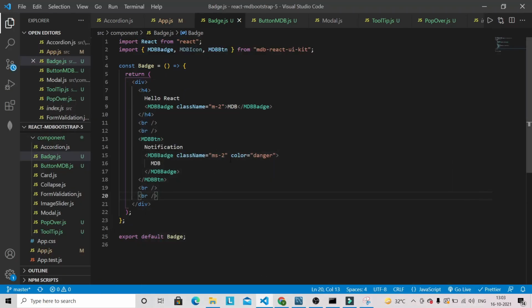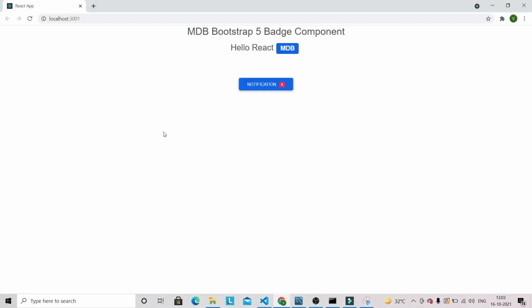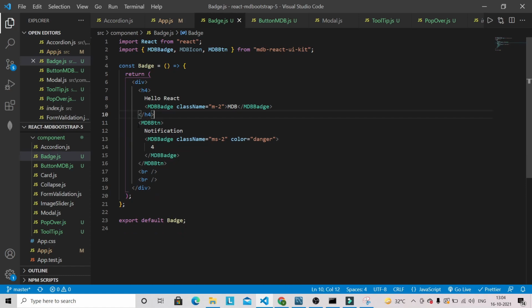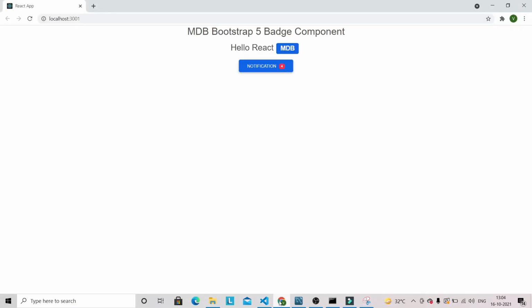So here you can give a number like 4 5, okay, something like that you can give here. And let's go into the browser and we can remove this break. Actually I think we don't need it here, okay. So let's go into the browser. Now you can see that we have got this badge with the number 4. So that means we have 4 notifications to read. So guys, you can implement such a thing in any React web application if you wanted to show the notification like this, okay.